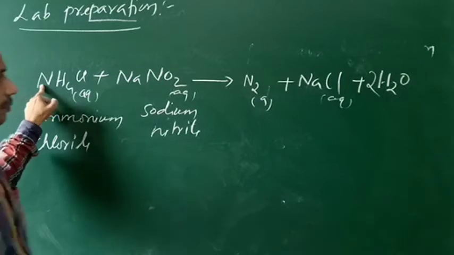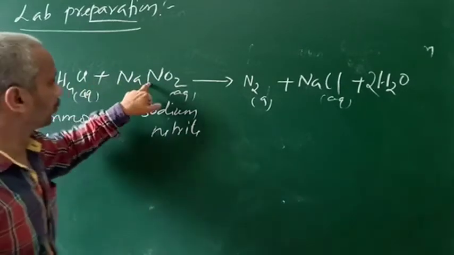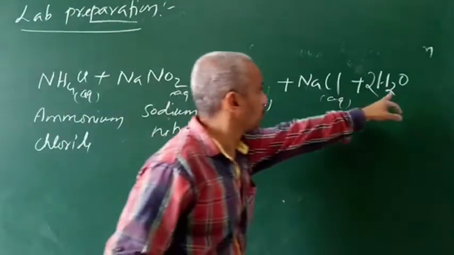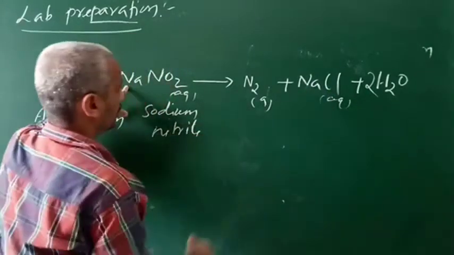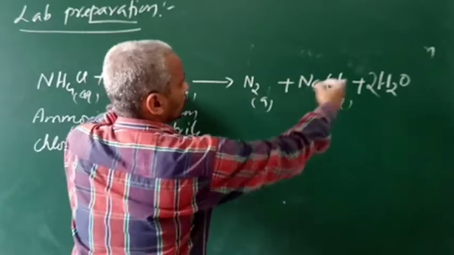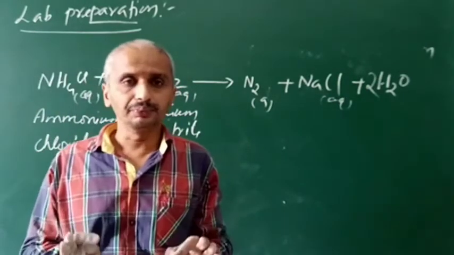Nitrogen: 1 nitrogen here, 1 nitrogen, 2 here 2. Nitrogen balanced, 4 hydrogen, 2 into 2, 4. Then Cl, Cl, Na, O2, 2. Students, please remember,